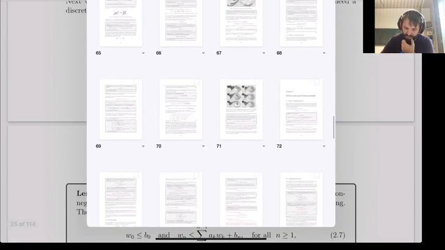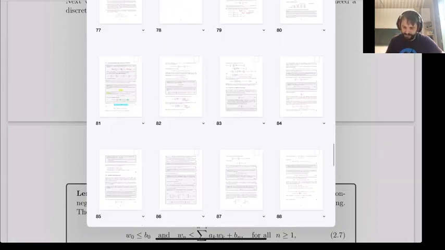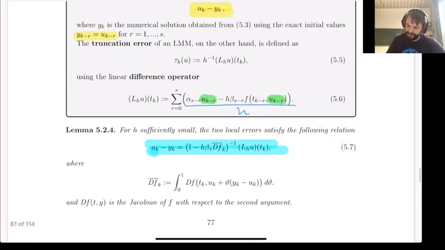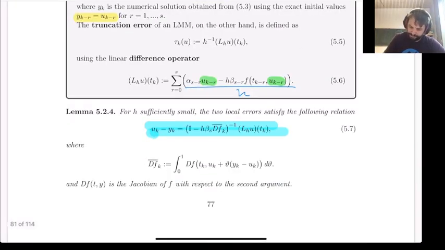I hope you realize that. If you just look at the explicit case in this formula, beta s is actually 0. And so this is nothing else than uk minus